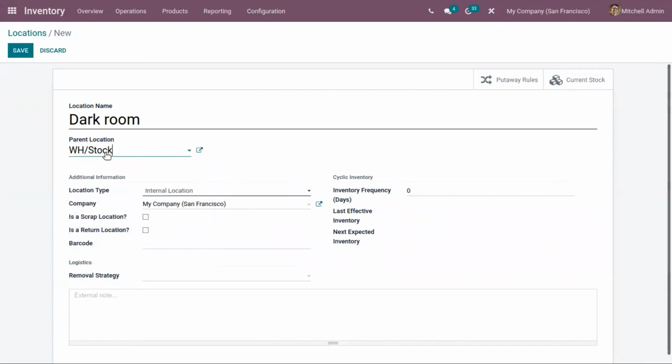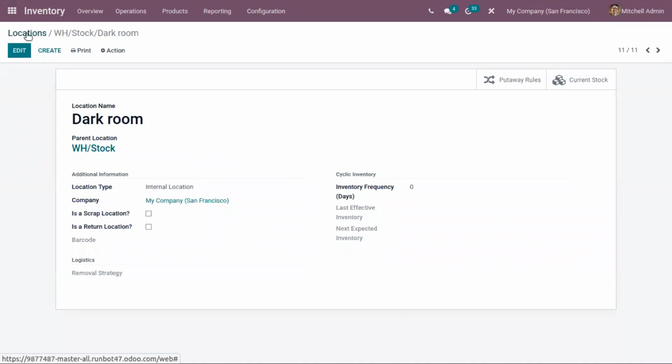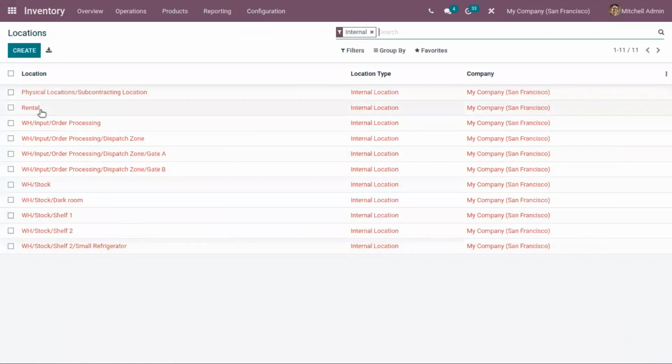In our stock, I have given the parent location as WH stock and set the location type as internal location. So now let me save. You can see a new physical location is created, darkroom. And if you want to know more about locations in Odoo 15, please check the link above. We have done a video on that.